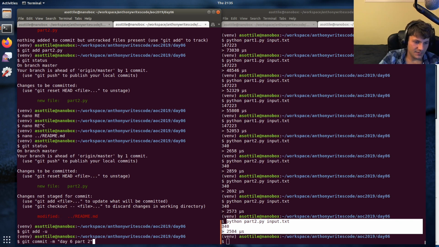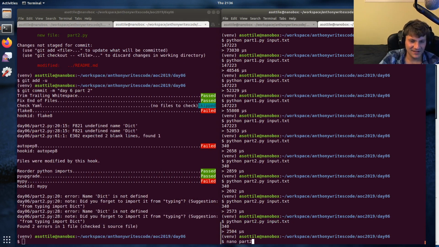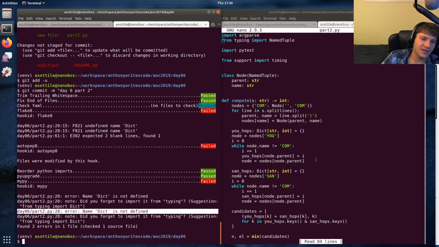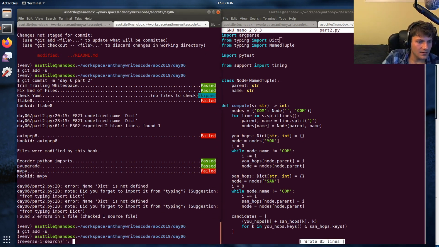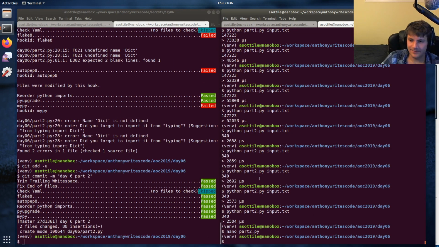Day 6, part 2. Cool. Oh, this is an interesting edge case in the way variable annotations work. These are not actually evaluated at all, whereas these ones are. And so I didn't need to import dict here to run the code, but I do need it to type check the code. Typing import dict. But anyway,